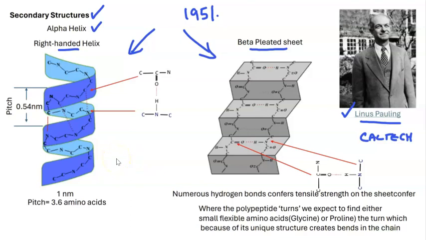Now the reason for this folding is that in the polypeptide chain we have groups like this sticking out, the oxygen double bonded to the carbon, and there are also hydrogens sticking out off the nitrogen. So what happens is that the hydrogens on a nitrogen are attracted towards the double bond oxygen on the carbons, and this reoccurs at various stages along the polypeptide chain, causing the whole thing to fold up into